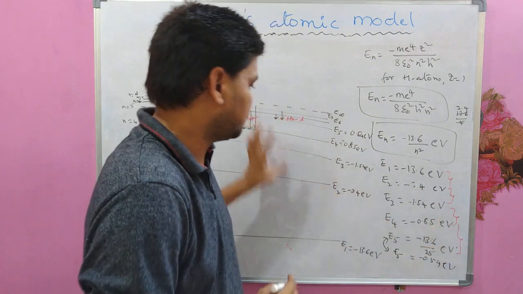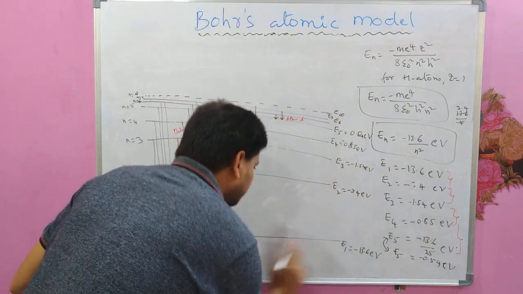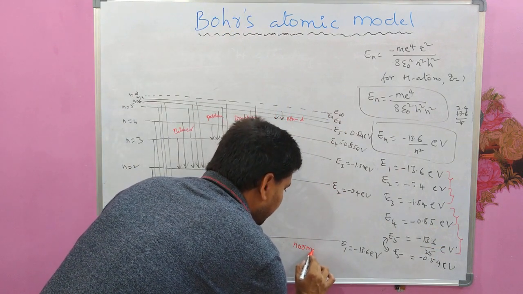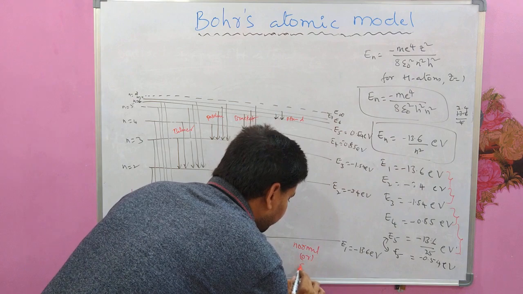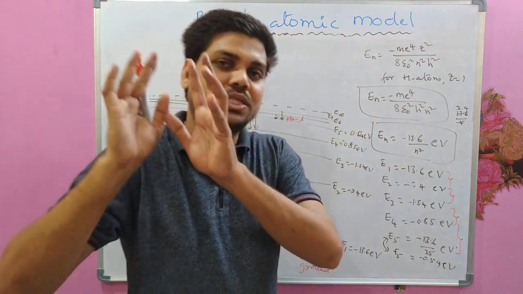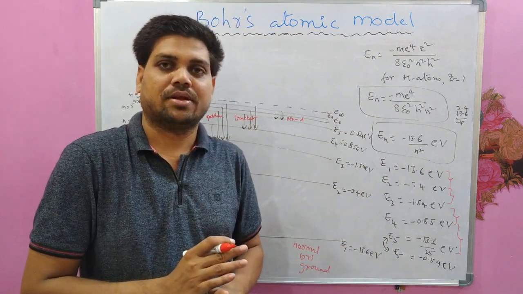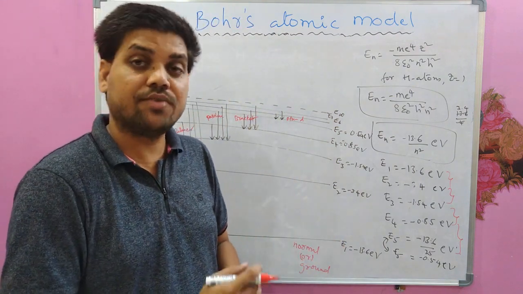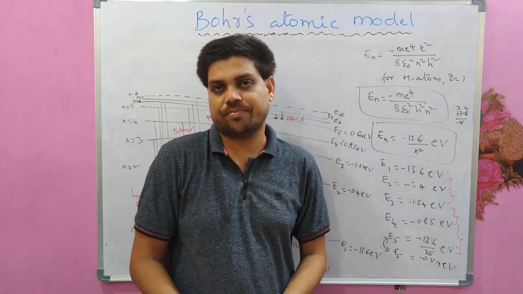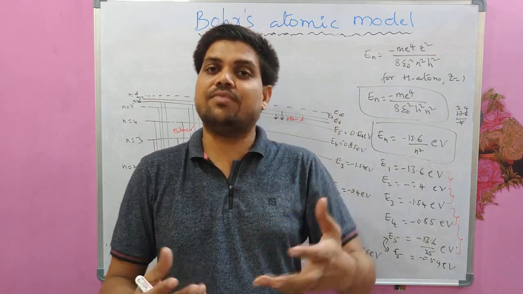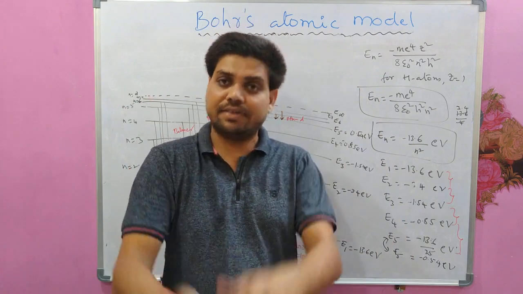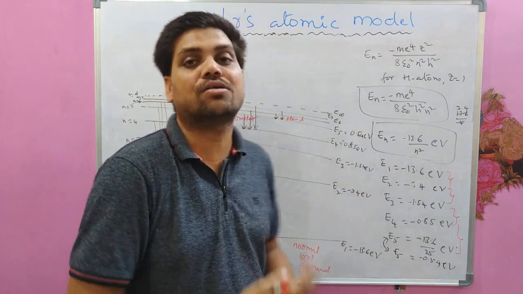This is very, very important. Normally the first state of any atom, the first energy state, is called the normal energy state or ground state. Electron always wants to stay in the ground state. It's the most stable state. Even if you excite that electron to the higher orbit by giving some external energy, it can stay there only for a small amount of time, around 10⁻⁸ seconds, and it will immediately come back to its normal state or ground state.